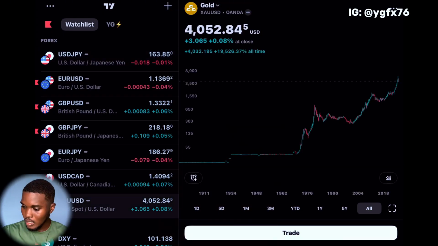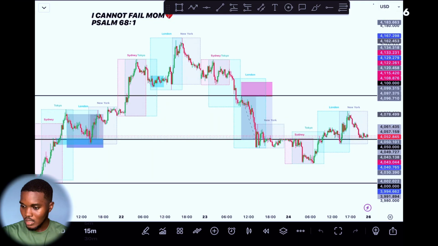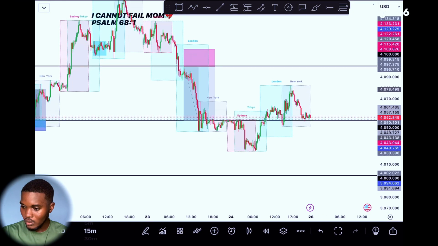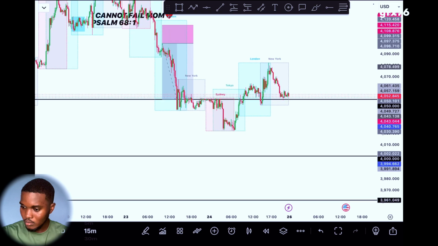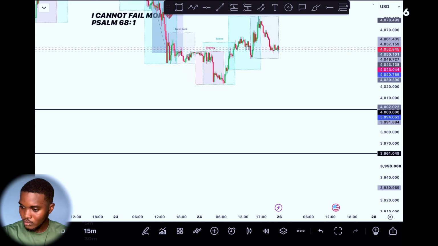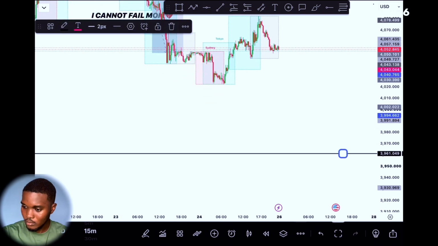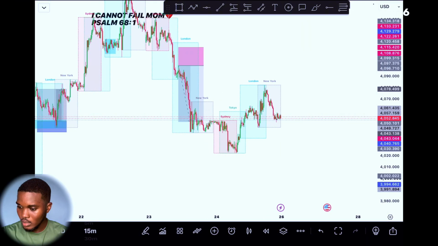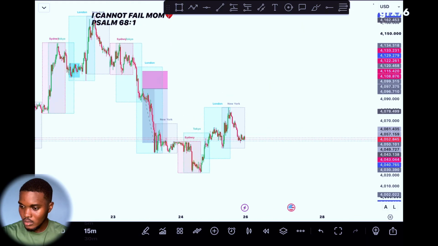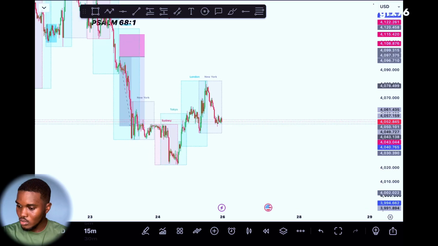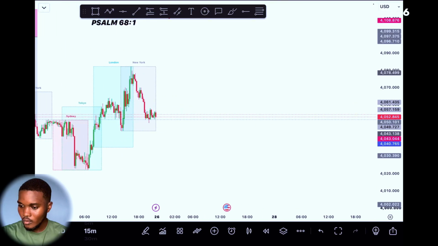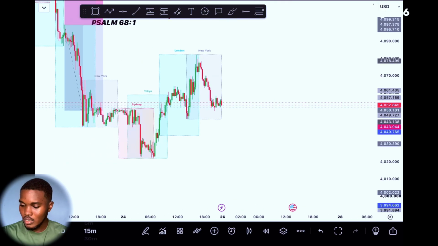So let's start with gold. I have a couple of lines marked out. Let me get these off. All right. Clear chart. Okay, so usually we use